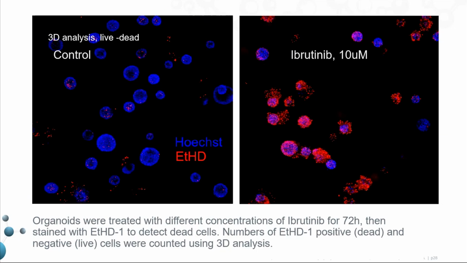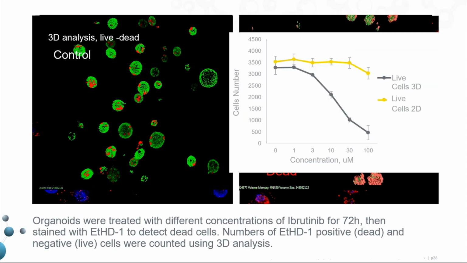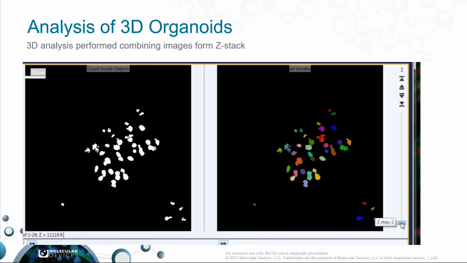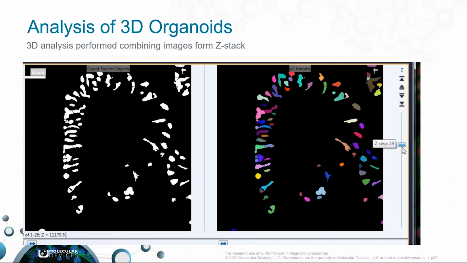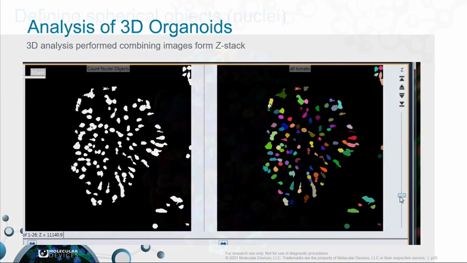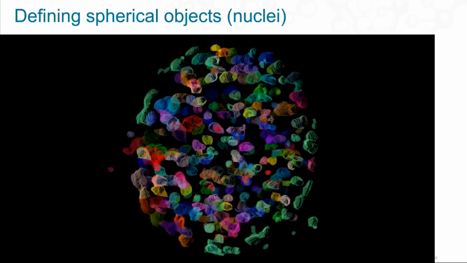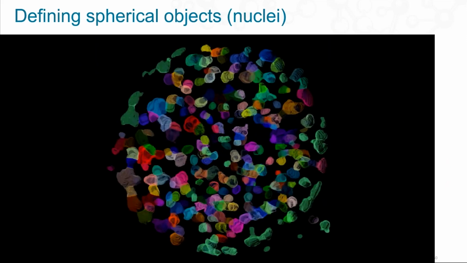So in this example, you can see organoids treated with ibrutinib. You can use live-dead staining to identify the fact of toxicity. And then we run 3D analysis, which allows us to identify the number and percentage of dead cells. For this example, software first provides analysis of images, this stack of images, and then converts it into a 3D space. And more importantly, it can provide measurements which could be used to characterize and quantitate the effect of